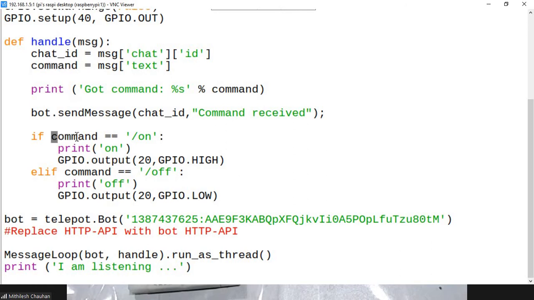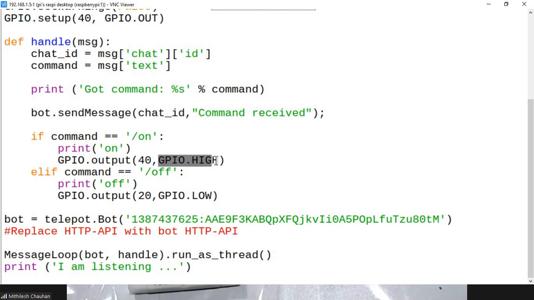Now, I'm comparing this command with the value, like if the command is slash on, or if the command is slash off. On the on command we are displaying a message on the Raspberry Pi, and we are turning on the LED which is connected on pin number 40.